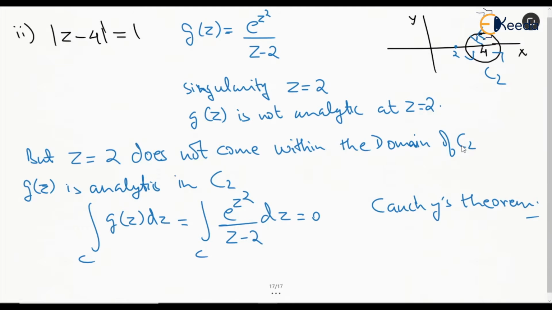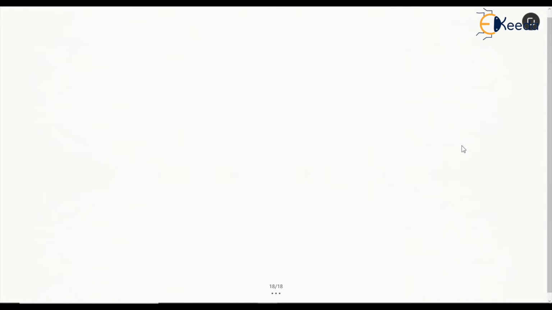Because in this case we are not taking e to the power z square as the function, we are taking the entire e to the power z square divided by z minus 2 as the function, and this entire function, numerator by denominator, is analytic in our region. So Cauchy's theorem applies, and the integration for a closed path will give it to be 0. Third part is